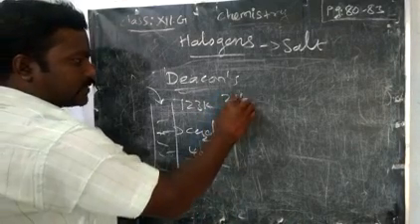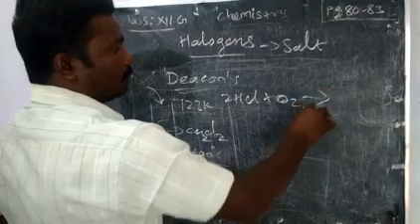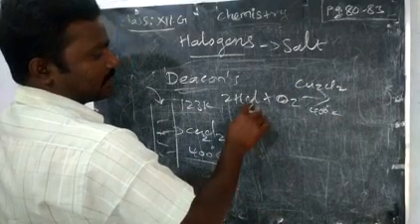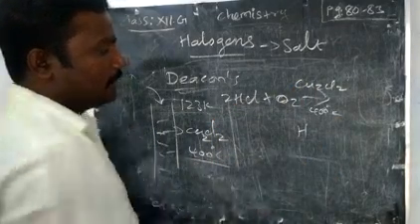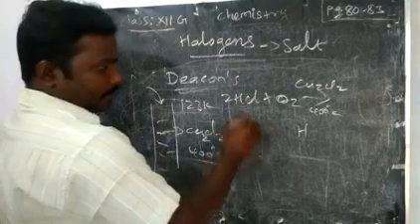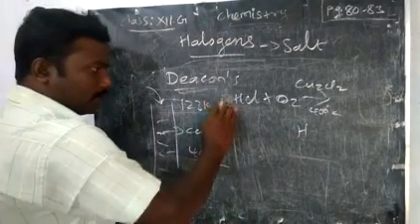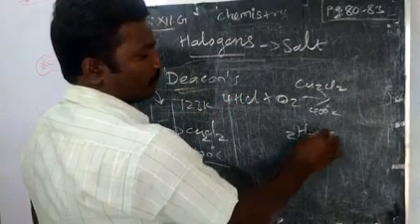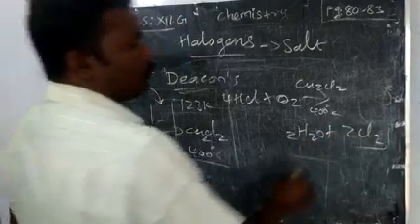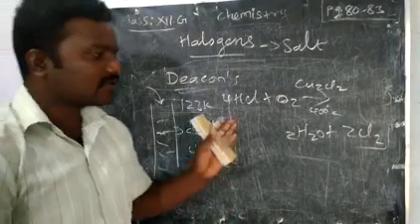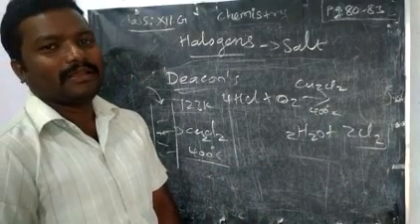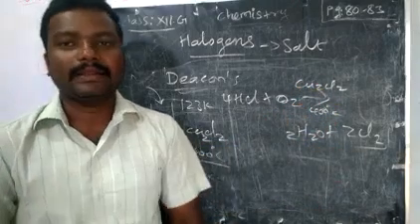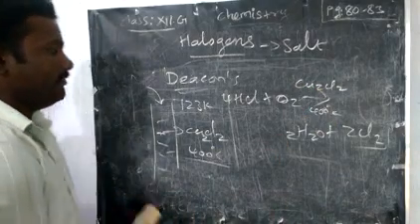What type of reaction will take place? HCl and O2 in the presence of cuprous chloride at 400 degrees Celsius will form Cl2, then H2O will form. For balancing purpose, 4 HCl, 2 hydrogen, 2 oxygen, 2 H2O. What is the remaining? Cl2. But we have straightaway written that reaction. You know the beauty of this reaction: it is only with the help of cuprous chloride that we obtain that chlorine. So how will we see that now.